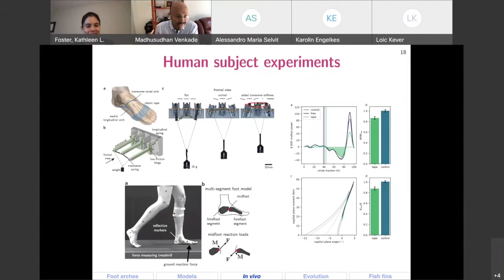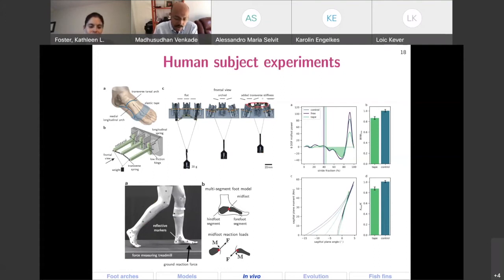He said, well, I can't cut and reduce stiffness, but I can add and increase stiffness. I can add stiffness by using an elastic tape I can wrap around a foot. So for example, in this mechanical model, here is a flat model where the axes are hinged. Here is a curved model where the axes are staggered, so their axes are not exactly parallel. But if he adds a rubber band around their tip, essentially increasing the transverse stiffness, the structure becomes stiffer. He did the same thing in people who are now all marked up and walking on a treadmill,